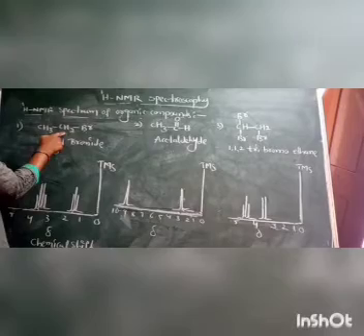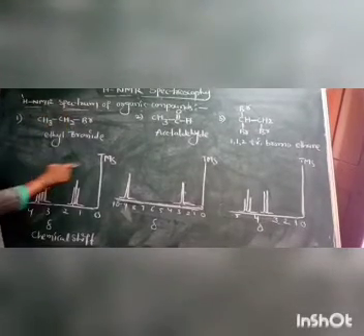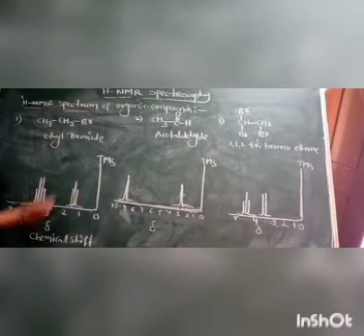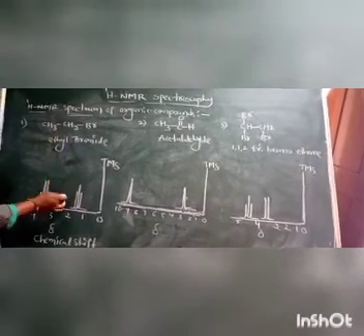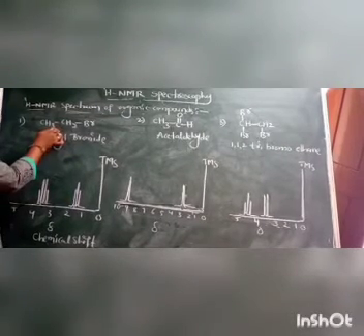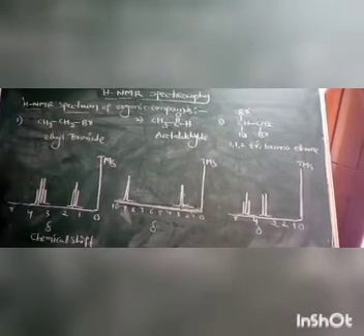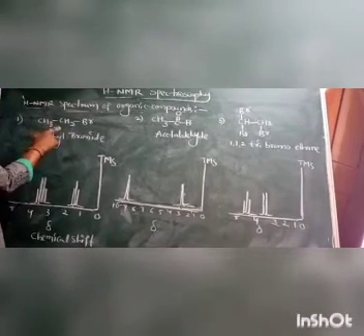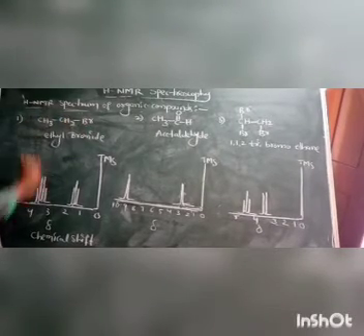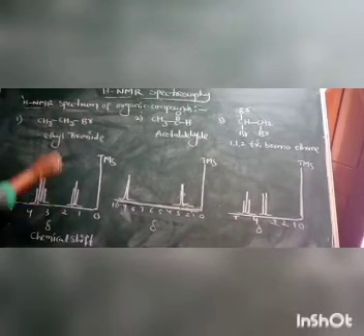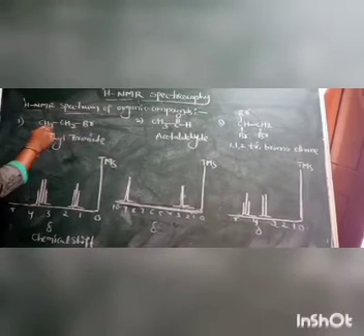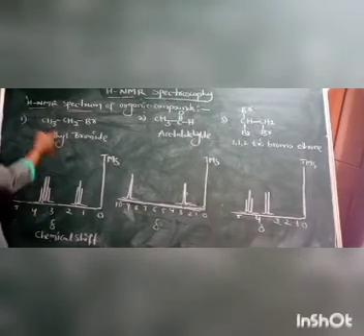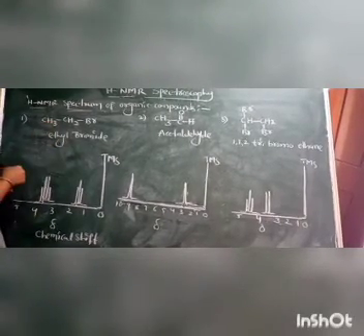These types of protons give signals in the NMR spectrum. So it is an NMR spectrum. First, how to draw the NMR spectrum for this ethyl bromide? First, we want to know the types of protons. How many types of protons are present in this molecule? I already told you that different types of protons are called non-equivalent protons. So how many non-equivalent protons are present?